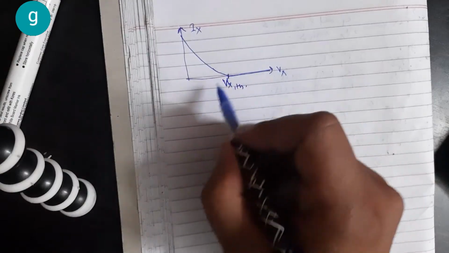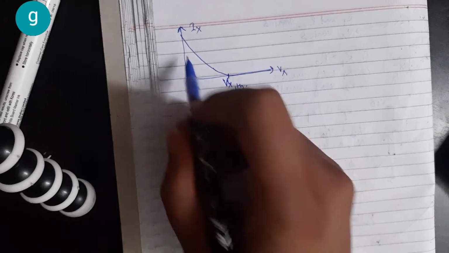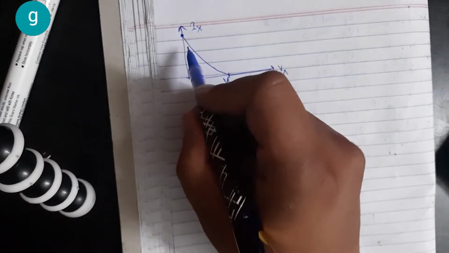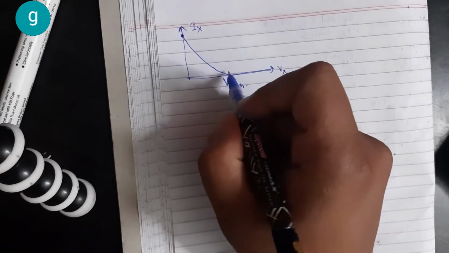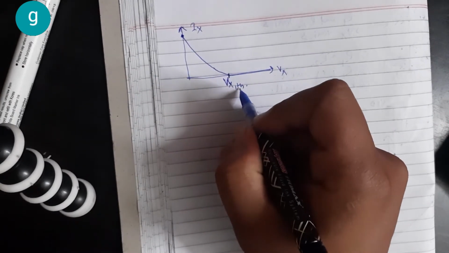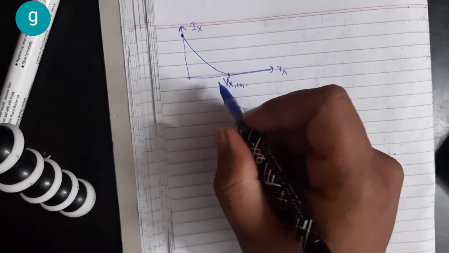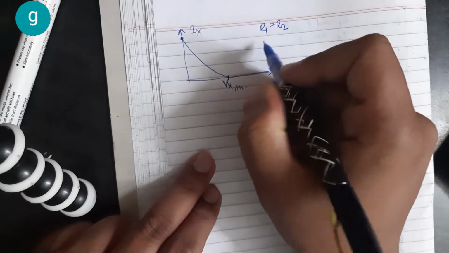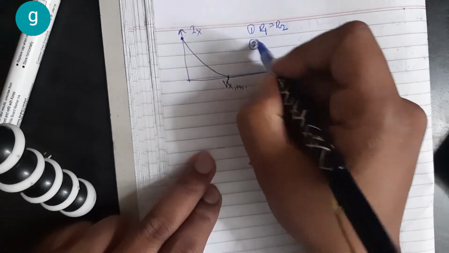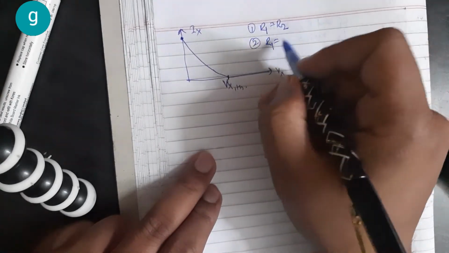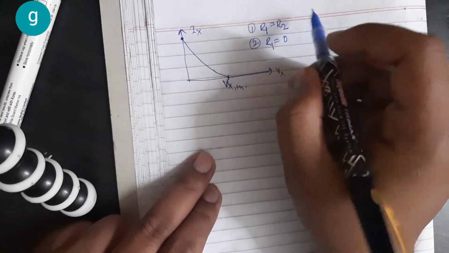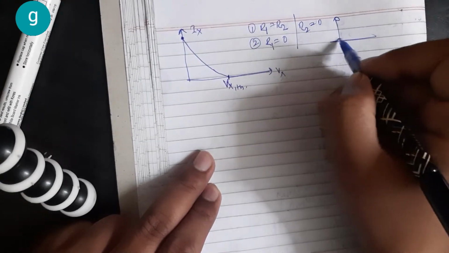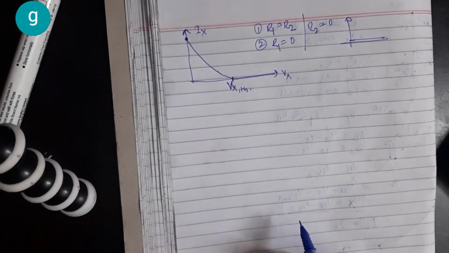Alright, so this is how the current will essentially look like. At Vx equals 0, there will be a maximum current. It will die down quadratically, and at some voltage Vx Th, the current will go to 0. For the cases where R1 equals R2 and where R1 equals 0, we know for R2 equals 0, there won't be any current in the circuit. It will be 0 because the VGS is 0.